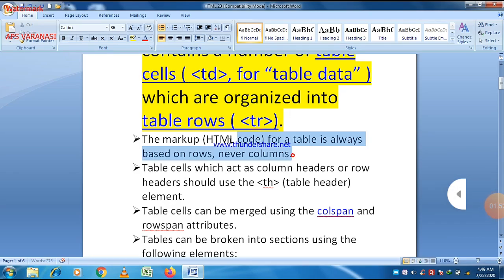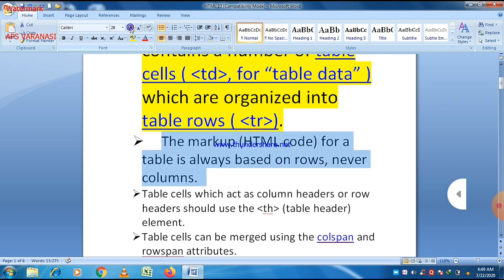The markup HTML code for a table is always based on rows and never columns. That is the next important point. That's why we use the tr tag, which defines table rows.